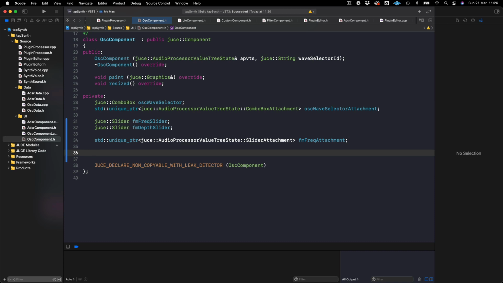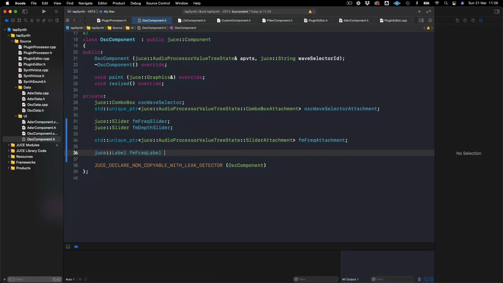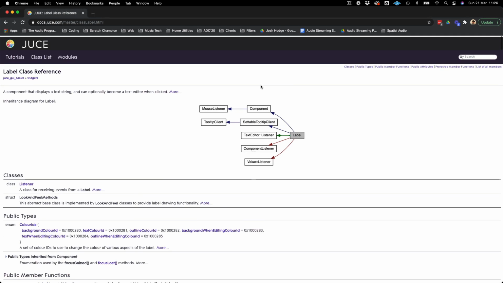And we will also create a label. The label is the bit of text that we saw above the slider itself. So if the user wants to modify a parameter, they should need to know what they're actually modifying. So we will do that with Juce label, and I will call this FM freq label. Can't spell today. And let's just pull up our API really quick, and we will go here to the label class,